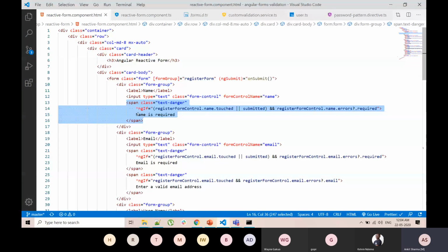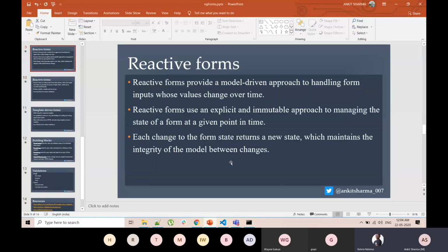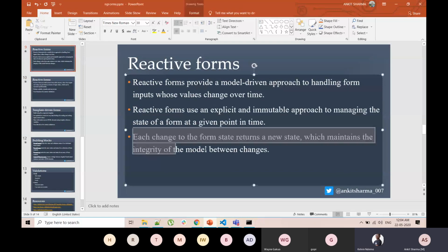It follows a reactive approach, and as we type, the value of the form control will get updated. So as you see in the slides also, see the last line, each change in the form state returns a new state which maintains the integrity of the model between the changes.